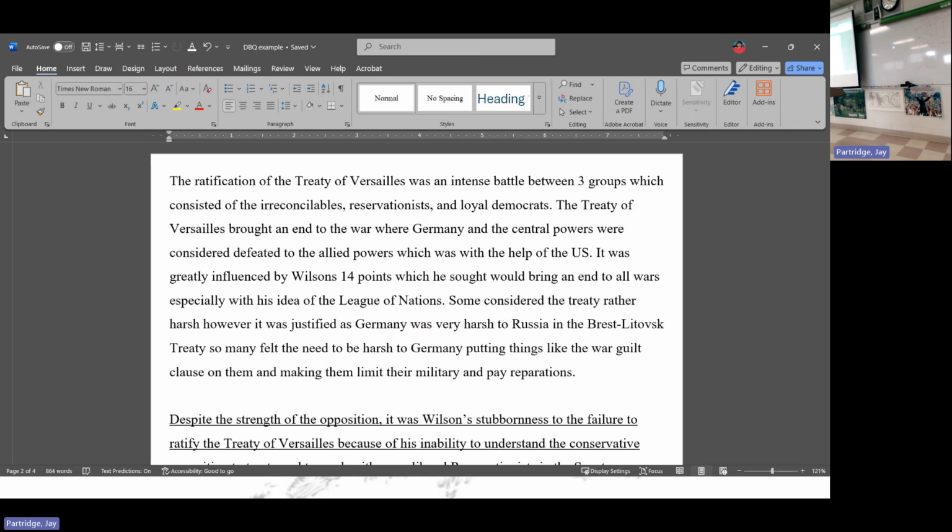And I like that. 14 points. You mentioned Central Powers and the Allies. I thought Brest-Litovsk was a great point in here. And then the War Guilt Clause. You have 3 good examples, facts of events that led up to it. I don't want you to explain reservations in the opening paragraph and then do it again in your second paragraph. It's not the opening paragraph. It's background to the events that led up to it. Things that are not in your opening paragraph.